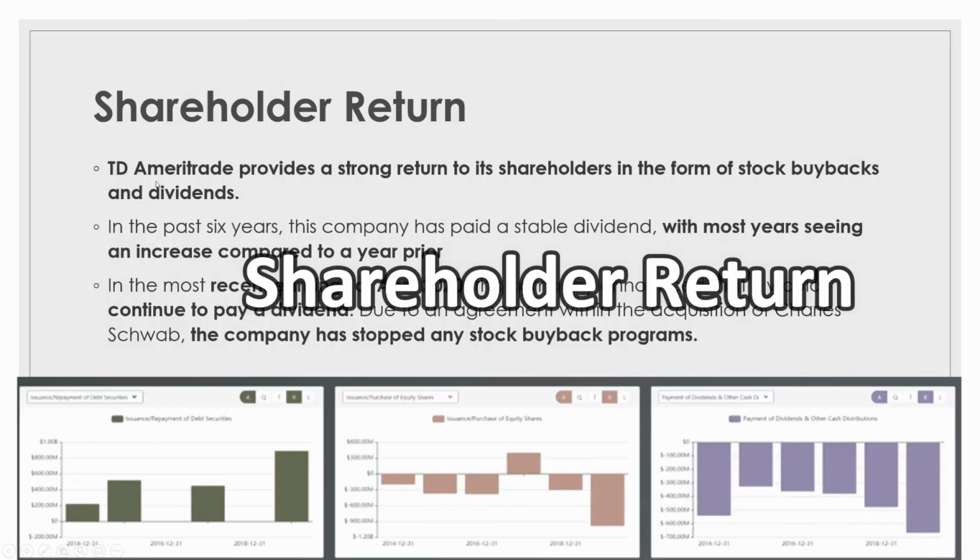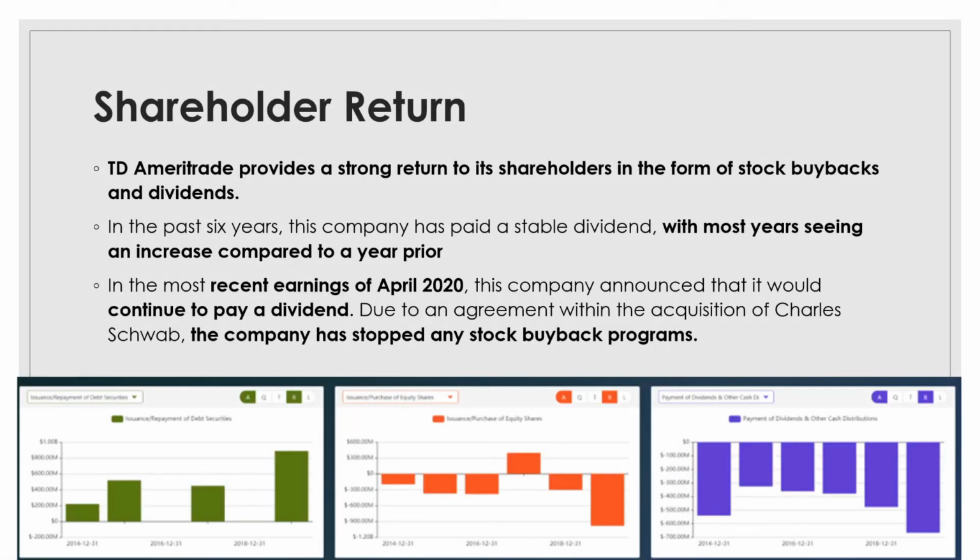Next, let's take a look at this company's shareholder return. TD Ameritrade has had a strong return to its shareholders in the form of both stock buybacks and dividends. In the past 6 years, this company has paid a stable dividend, with most years seeing an increase compared to the year prior. Next, if we take a look at this company's buyback program, which is the orange,